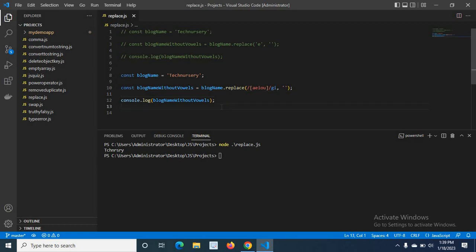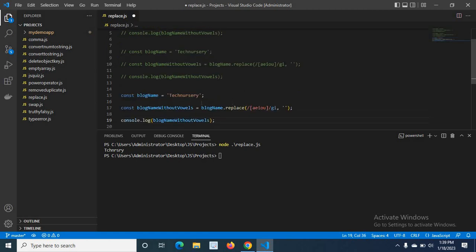So I explained the replace method in JavaScript with an example. I hope you understand it. We used the replace method with a single character and regular expressions. Let us try one more thing. Let me copy this one, comment it, and put it here. Instead of this regular expression, let me remove this one and let me type